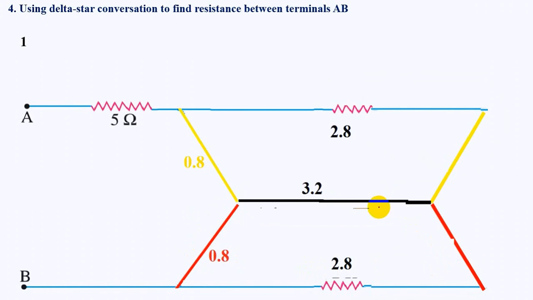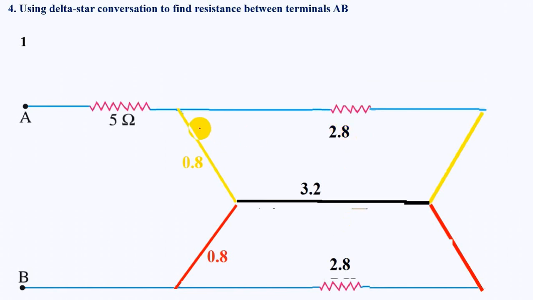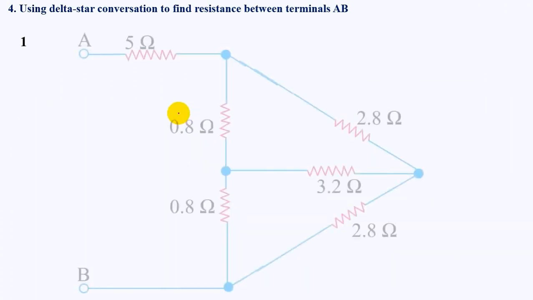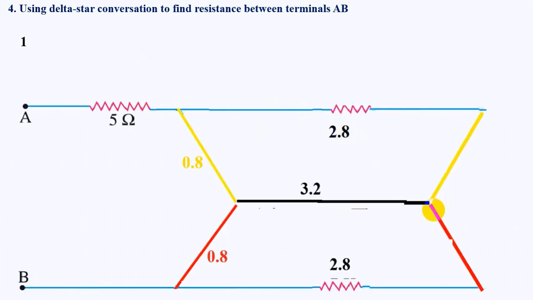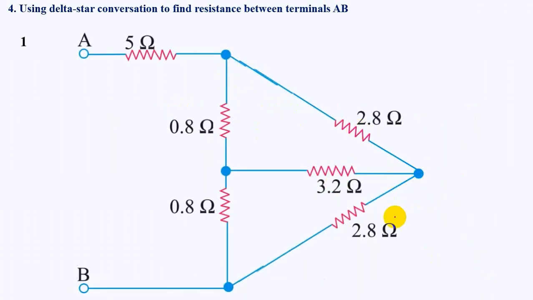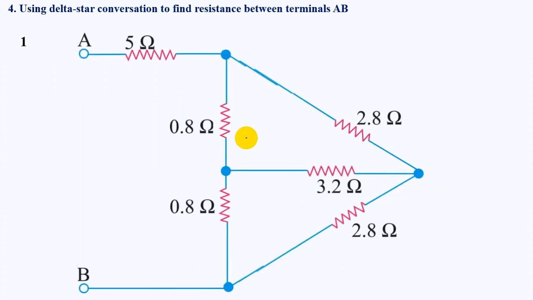Let us try to rewrite this in a way where it will be much easier for you to understand the next step, right? Both are actually the same. Let us see, 2.8 is connected between this junction 5 and 0.8. And 2.8, one more end is connected between 3.2 and 0.8, right? It's connected between 3.2 and 2.8, right? So trust me, both are electrically the same. I'll leave it for you to prove me wrong. If you have any doubts, you can always ping me, right?